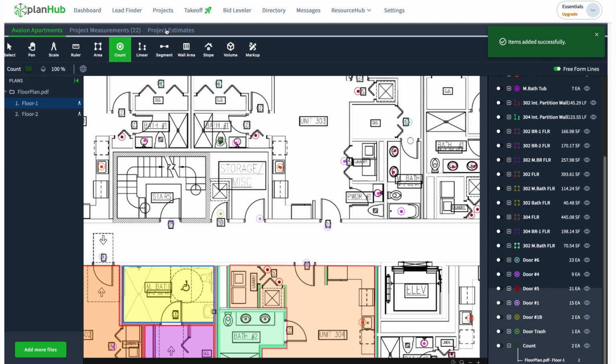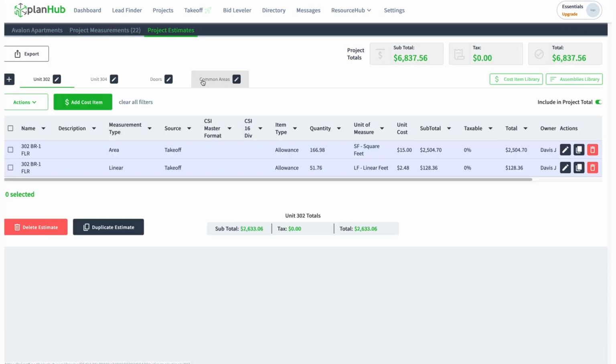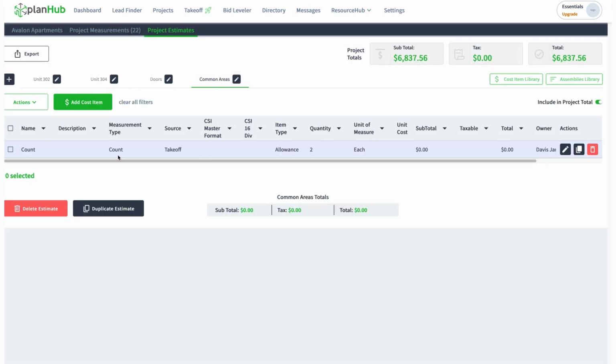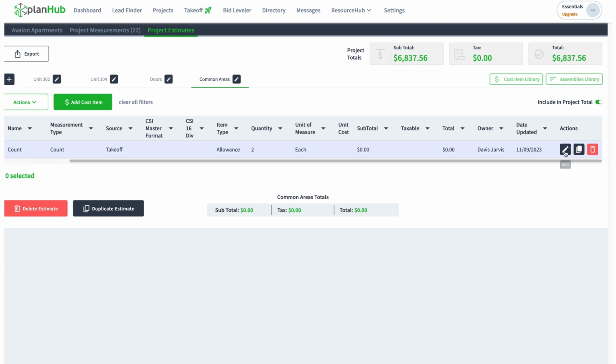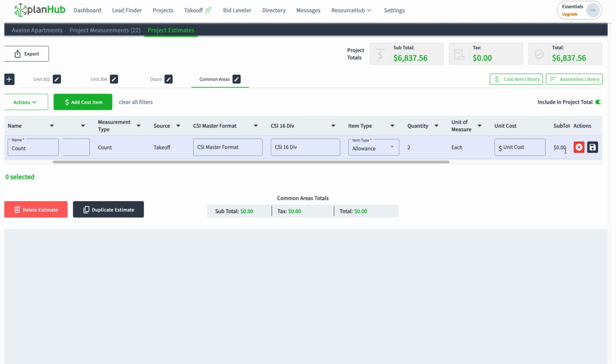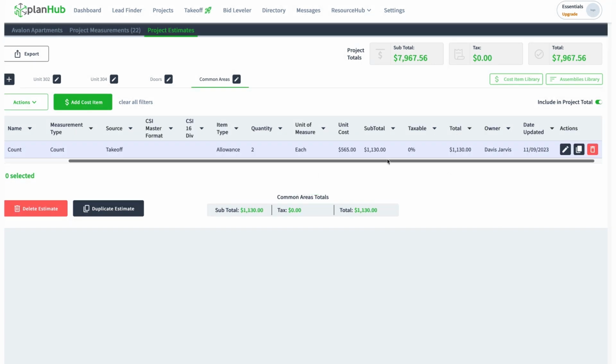So now I'll go back to my project estimate. I'll go to common areas. You see there's a count, but in takeoff I hadn't set a unit cost for it there. That's okay. There's 2 ways of doing unit costs. I can come and click edit here. Okay, I know I have a count. Maybe that particular toilet costs $565. I'll enter it, and you can see it multiplied it by the quantity, and it automatically got rolled up